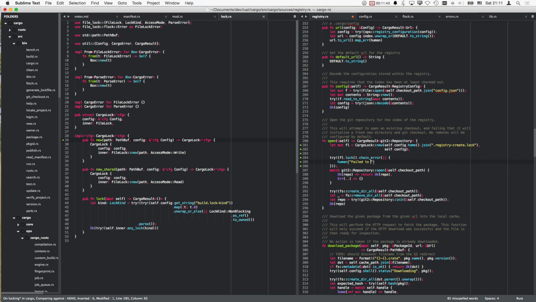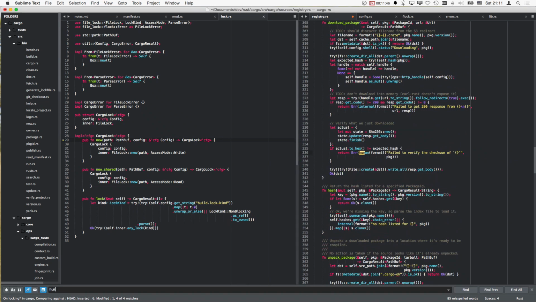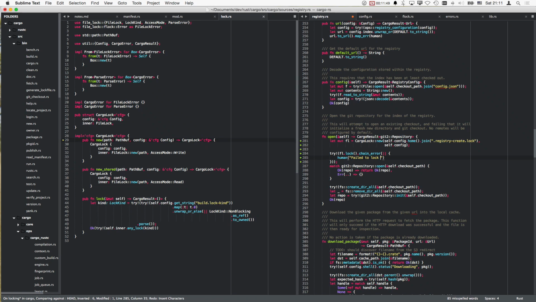Failed to log. How do they usually name it? Failed to. Okay, so we do the same thing. Failed to log registry for registry init, that is, right? Registry init, registry update. It's kind of registry create, registry open. Let's call it registry open. Open or init. Filter for opening or initializing